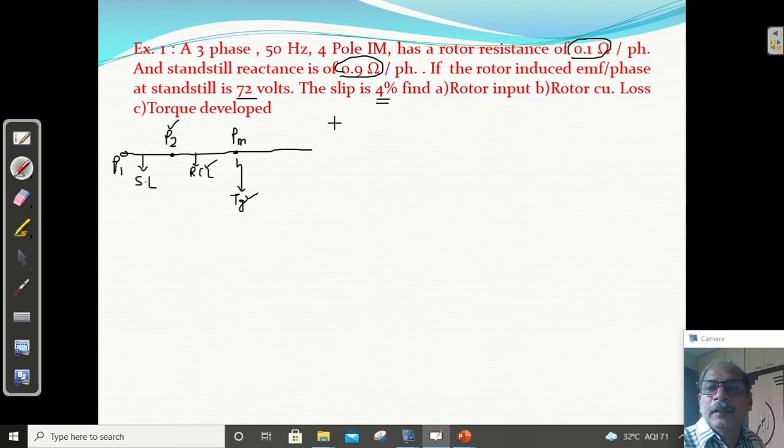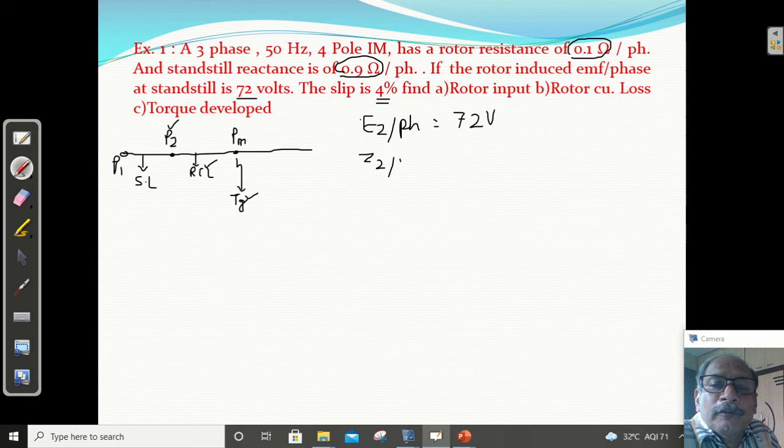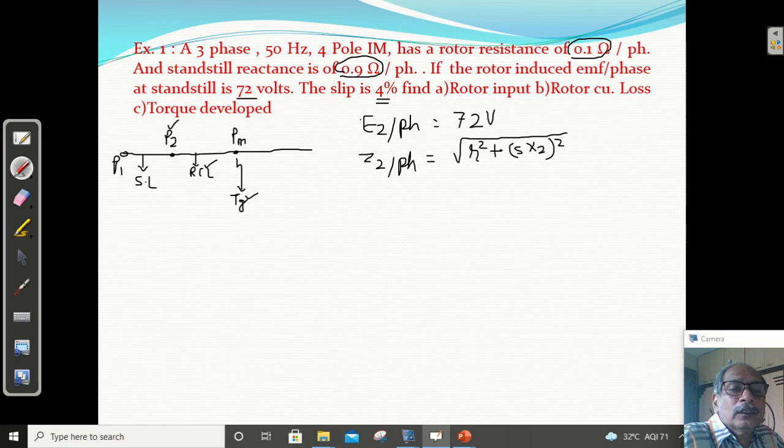So these three things we have to find. Now see here, first of all we are given the rotor EMF at standstill, E2 per phase equal to 72 volt, right? And we know the Z2, impedance per phase at 4% slip, equal to under root of R2 square plus SX2 whole square. Okay, so this is given 0.1 ohm